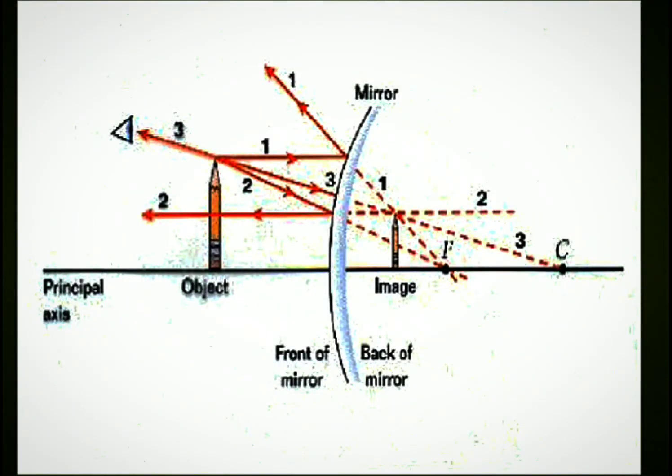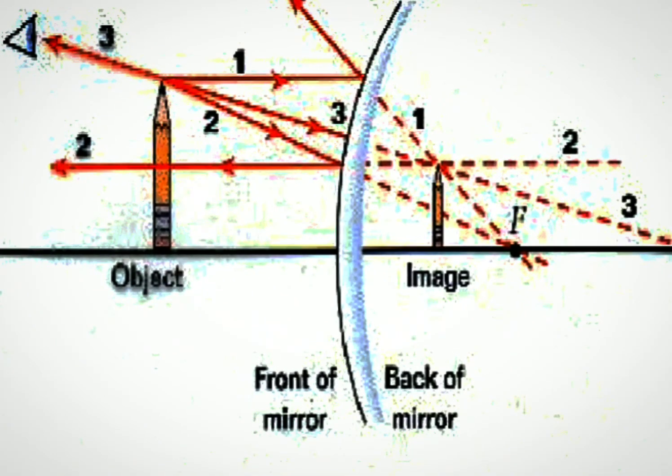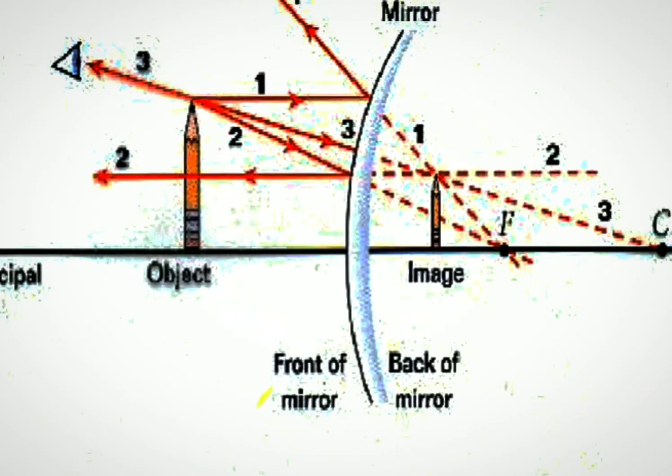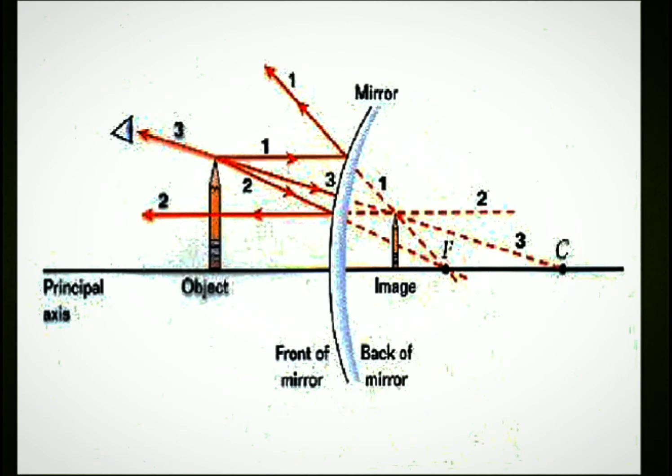So if we place a pencil in front of a convex mirror at infinity, it will form a diminished image at focus. Similarly, if you move that pencil towards the convex mirror to any position between infinity and pole, you will obtain its image always between pole and focus behind the mirror. Size and nature will always be diminished, as well as virtual and erect. So this proves that a convex mirror always forms a diminished image.